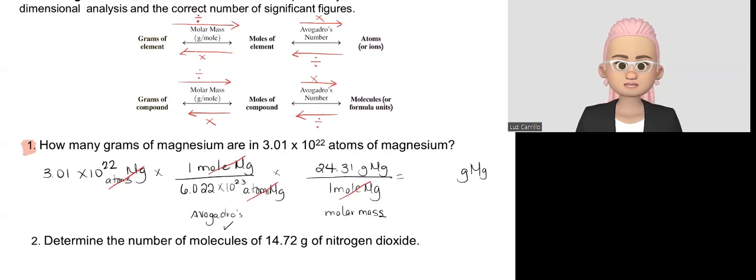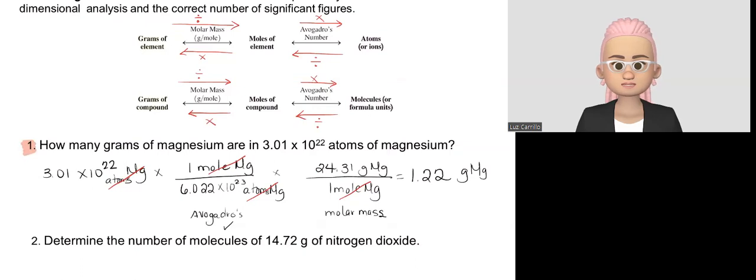So I get a calculator display of 1.21509, and there's a series of digits after that. But because I started specifically with 3 significant figures in the coefficient for the scientific notation for the atoms of magnesium, I need to round my result to 3 significant figures. So my final answer is 1.22